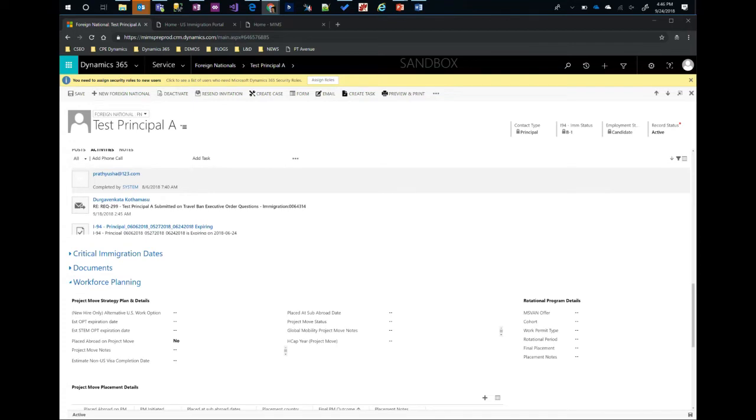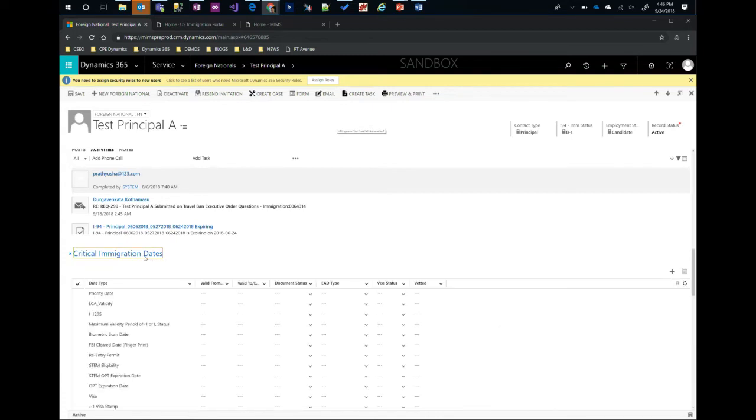That's fine. So here we are capturing some of the critical immigration dates, which is where we are actually creating workflows. So take an example of an employee whose passport is going to expire in 2019. We have enabled workflows in Dynamics which will auto-trigger notifications to the employee and also to the attorney, reminding them that the passport is about to expire, and then they can act on that and not worry about the document expiring. If you move on to the portal.